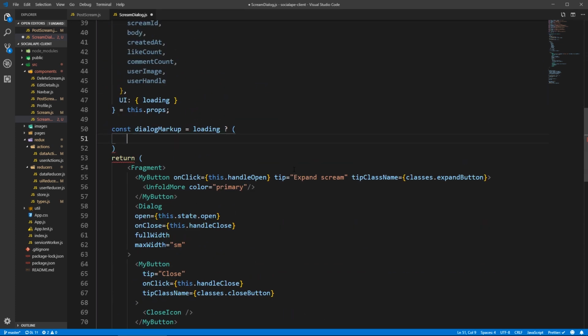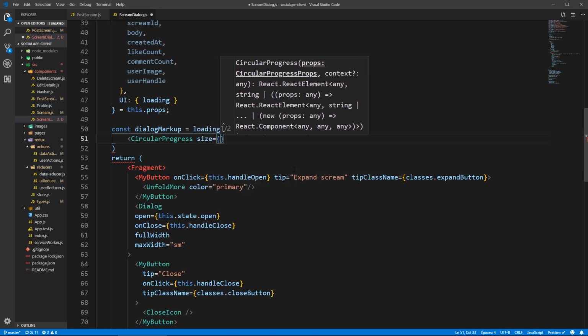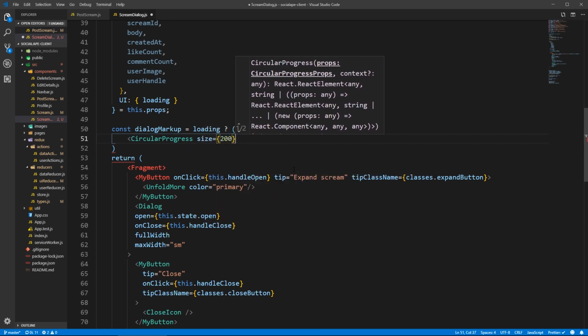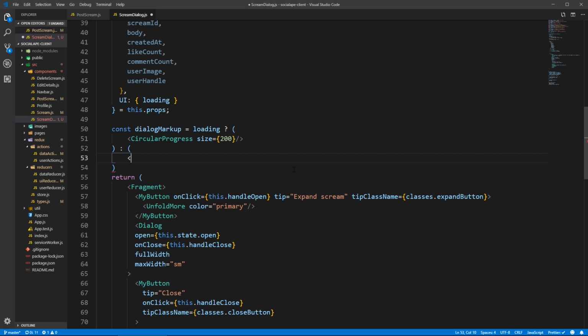So here let's say circular progress, and this needs to be massive, so size let's give 200, and yeah, this is it. And else, if we're not loading, then we need a grid